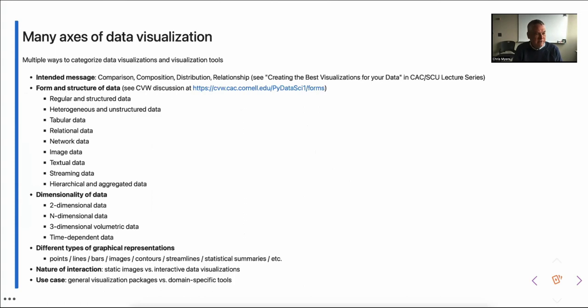If you think about data visualization, there really are many different axes on which one can try to categorize things. Perhaps first and foremost is the intended message of what it is you're trying to convey when you visualize data. And if you want to hear more about that, I would refer you to the recent talk that Ben gave in this series on creating the best visualizations for your data. I'll be focused more on the mechanics of doing things within Python today, but even within that context, there's